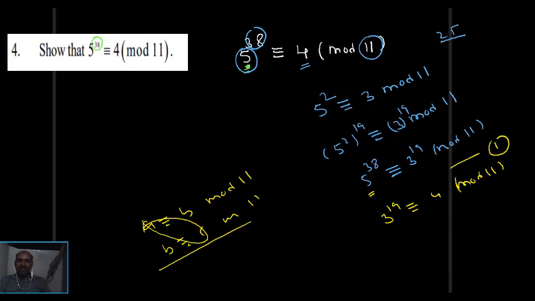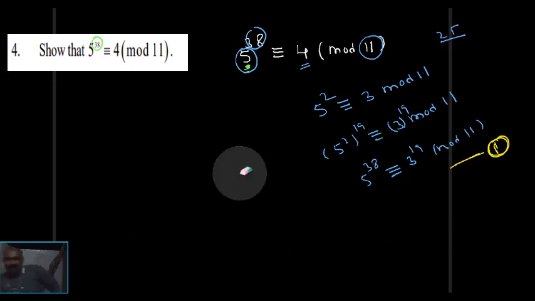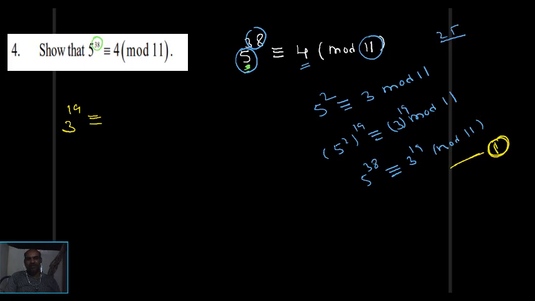What is my plan? This is the result number 1. It is enough to prove that 3 power 19 divided by 11 gives 4 as the remainder, just like a new problem. For that, what I am doing: 3 power 19 is congruent to x modulo 11. First of all, I will take it like that. After that, I will find x as 4.